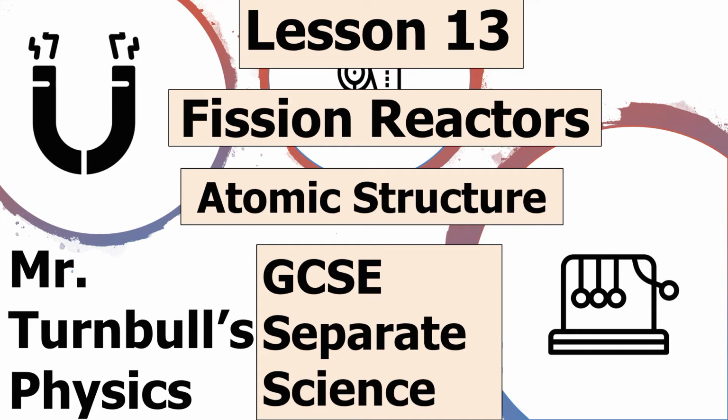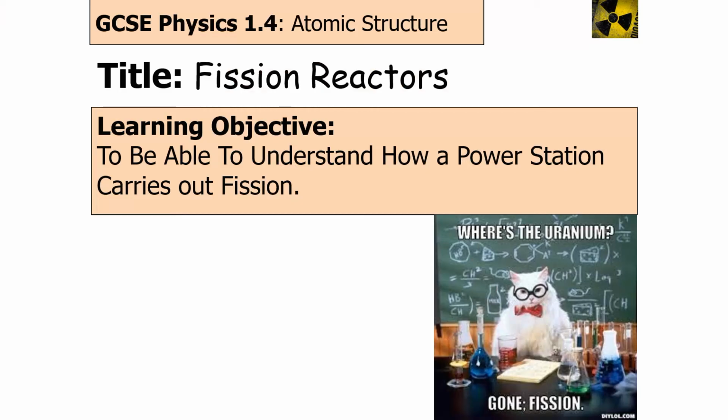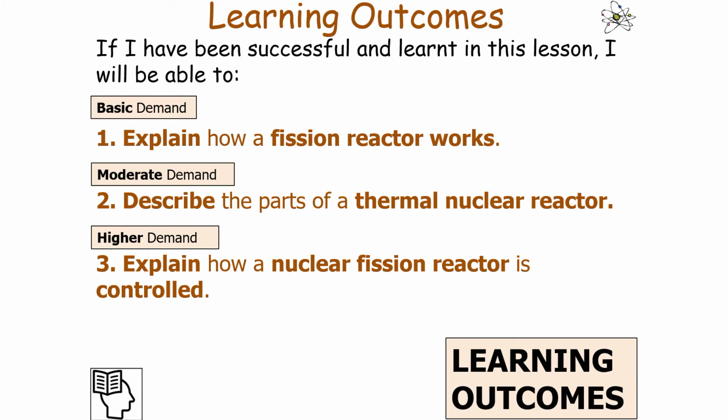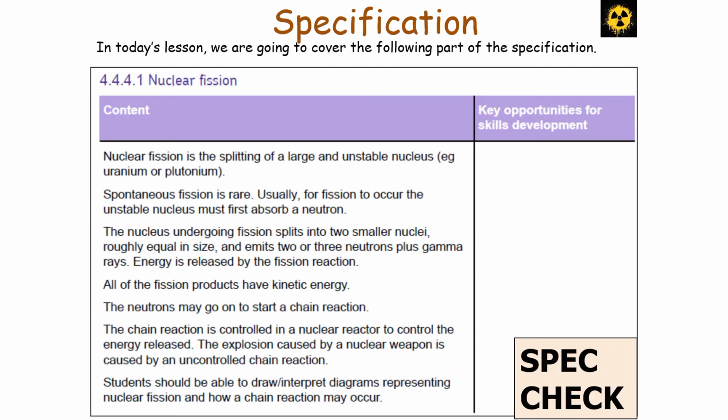Hello and welcome to today's lesson on fission reactors, which is part of the atomic structure topic in GCSE Separate Science physics. In today's lesson we're going to try and understand how a power station can carry out the fission process. If we've been successful, we can explain how a fission reactor works, describe the parts of a thermal nuclear reactor, and explain how a nuclear fission reactor is controlled, which forms part of the GCSE Separate Science physics specification